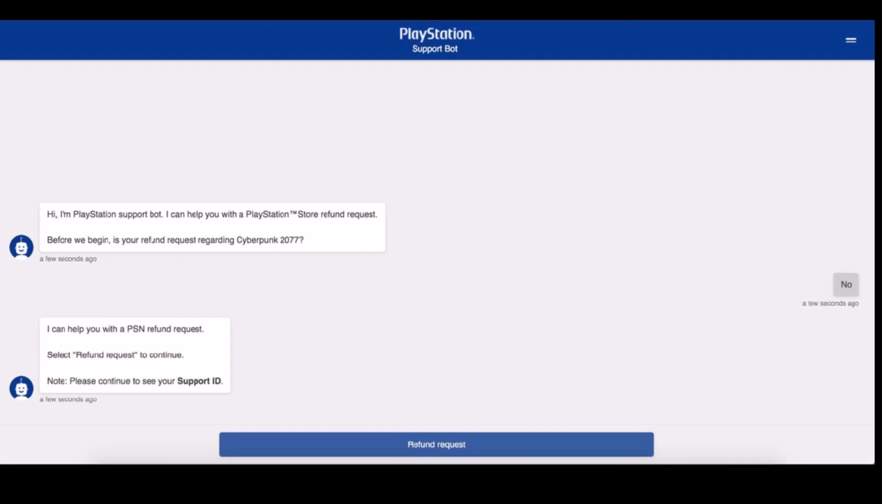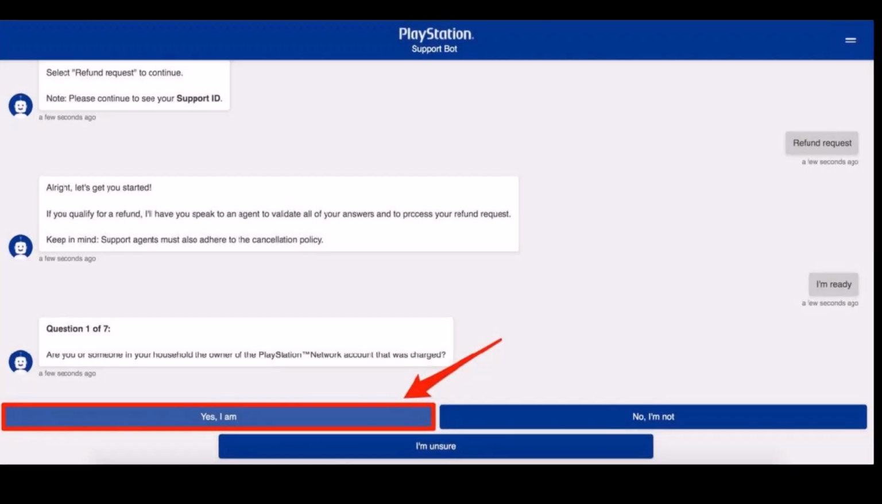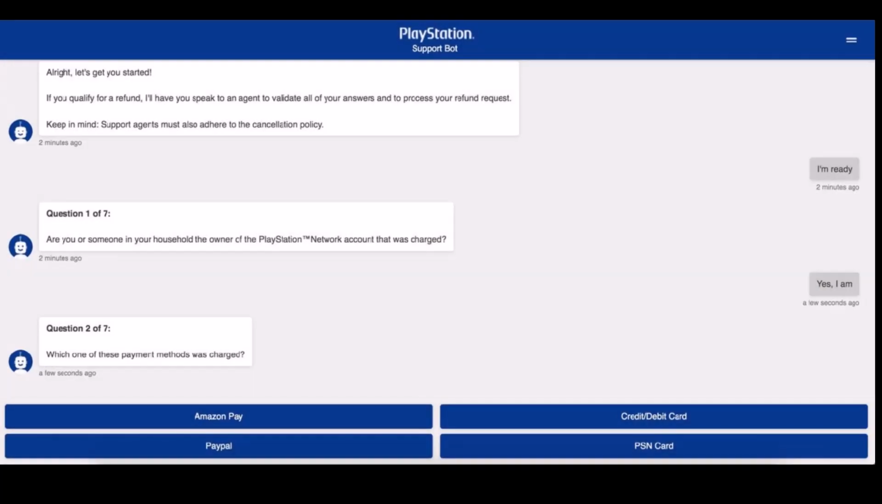And as you do so, right over here you can see the I'm ready button, and when prompted about whether you are the account holder, just click the button that says yes I am. Now the payment source owner must be on hand. Either retrieve them to continue the refund process or make a note of the support ID and return to the chat when they're ready. And you simply need to select the payment type used and when the purchase was